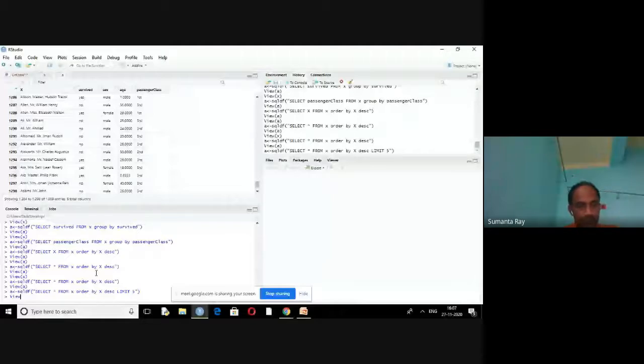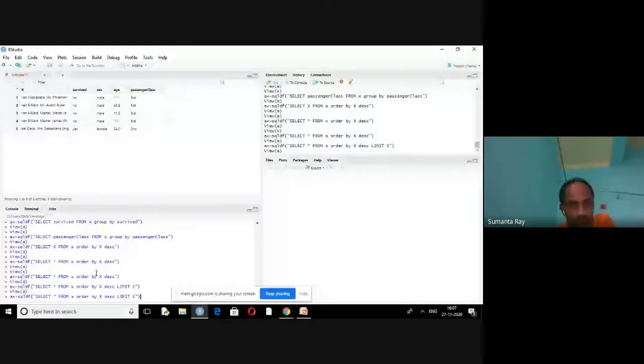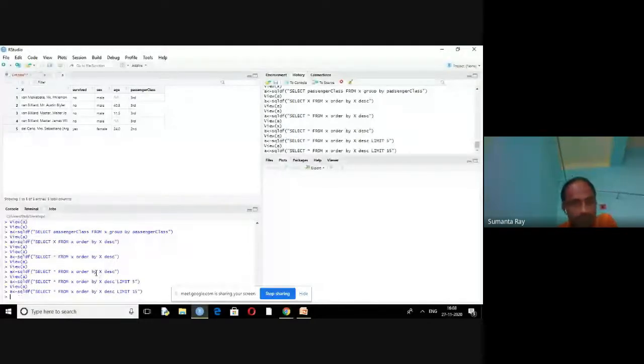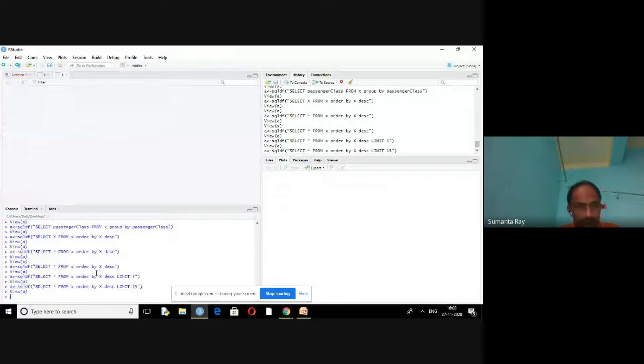You just display the first 5 tuples. If you give 15 here, you want to display the first 15 tuples.